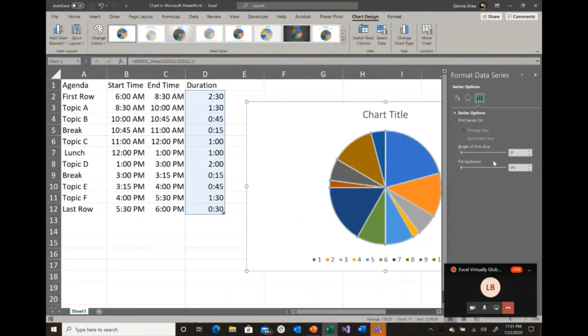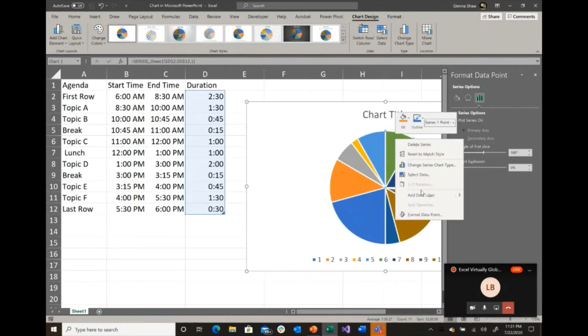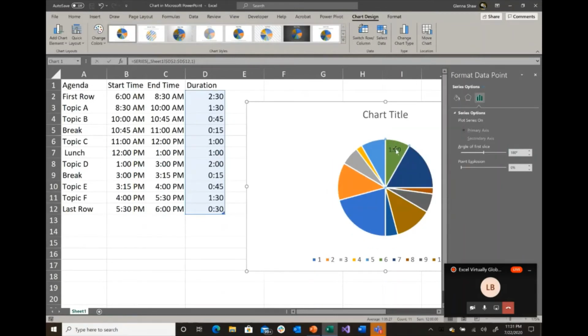So we're going to format, and we want the angle of our first slice to be 180 degrees. What that does is rotate this so that the first point is at the 6 a.m. point. Now if we add data labels,